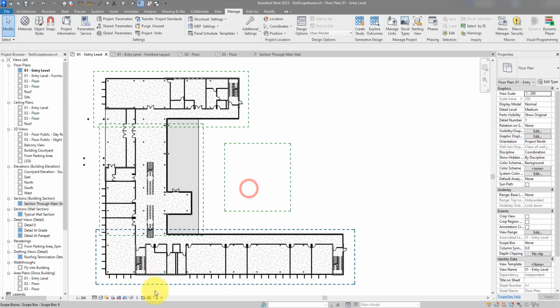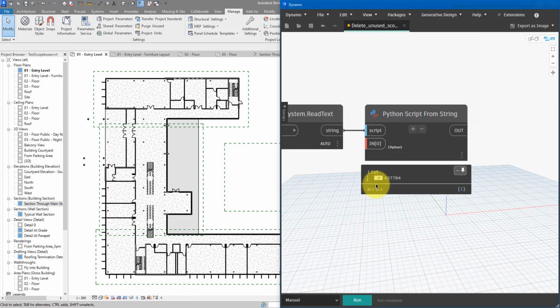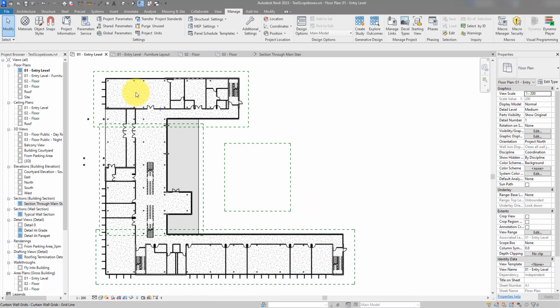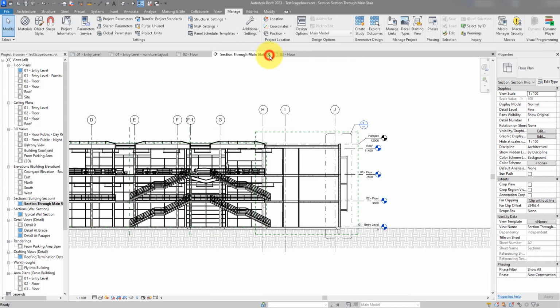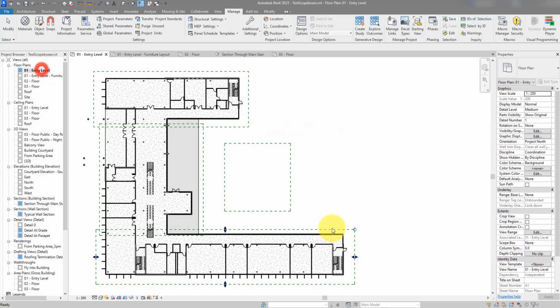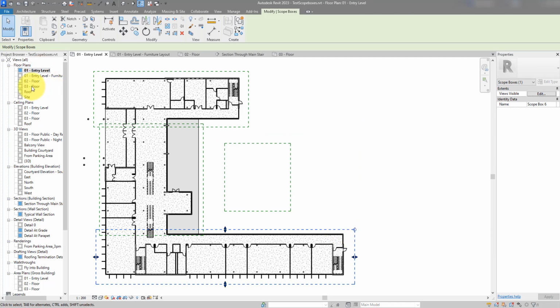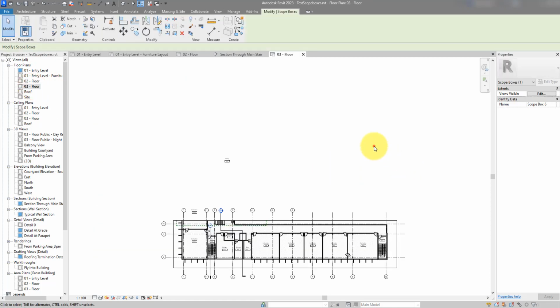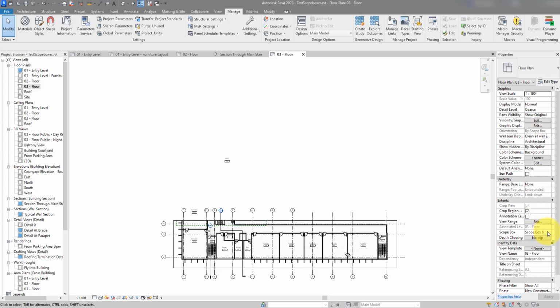Go back to Dynamo now, and then run it. This time actually, just to confirm it's working for grids and levels, let's do a small change in the model. If I select this scope box number 6, let's see which one in plan view is scope box 6. It's this one. So for the third floor plan, let's say it should not use scope box number 6 anymore. So now, when I go back to Dynamo,